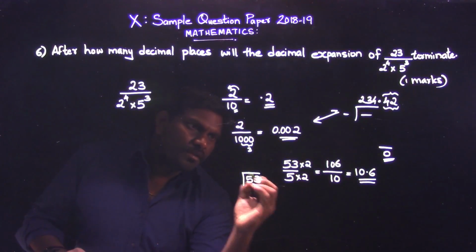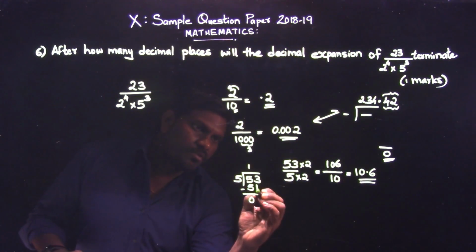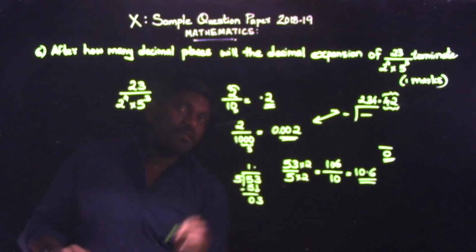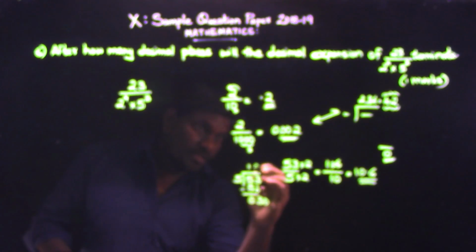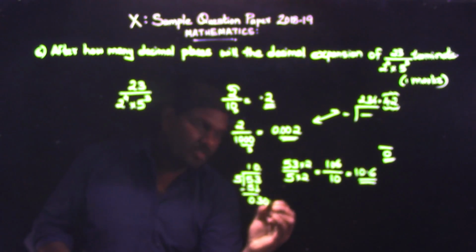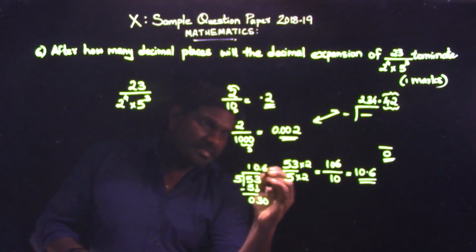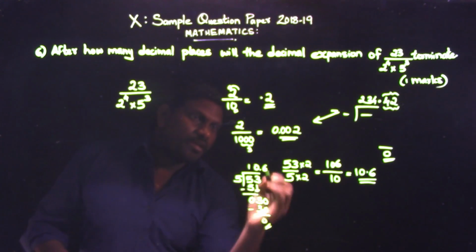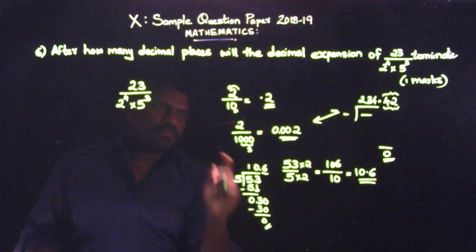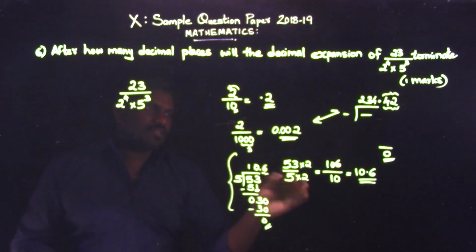If you divide this one too, you will get the same thing. 53 by 5, one time, 5 subtract, 0, bring the 3 here, decimal 0. Now 3 before decimal is not possible, that's why you bring the 0 here. Then 5 how many times? 6 times, and 6 into 5 is 30, then subtract, you will get 0. It's terminated in one place, isn't it? Fine, this is how you get these decimals.